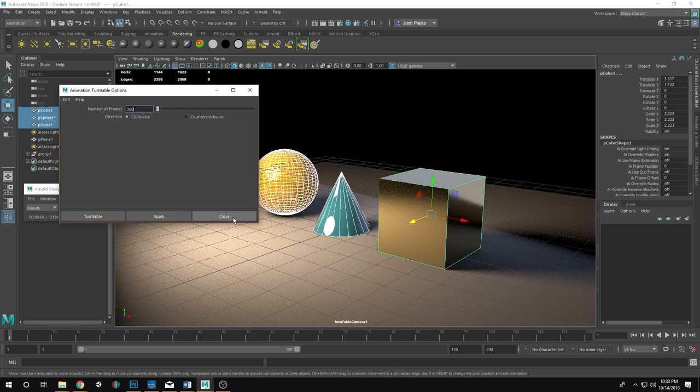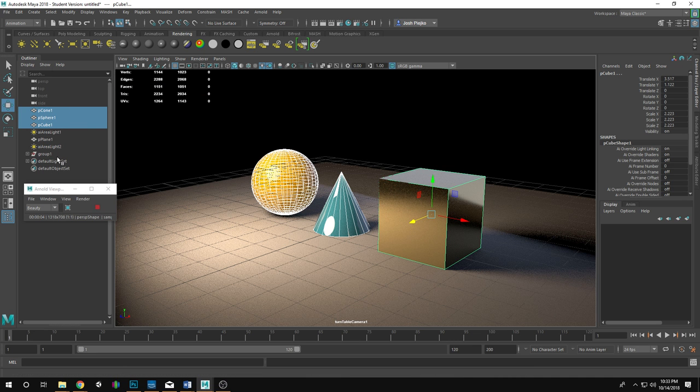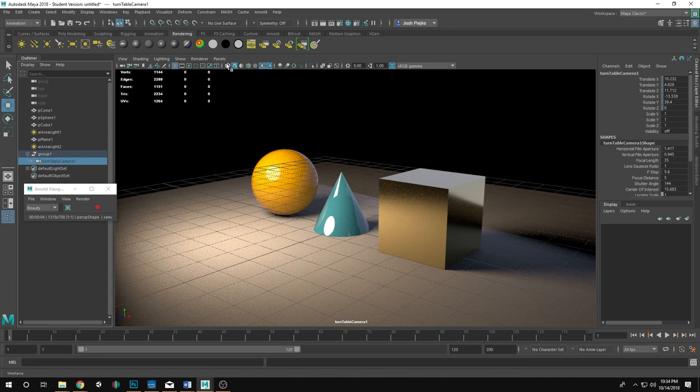So if I have these selected and I go to my turntable, hit apply, you'll notice all of a sudden I have in my outliner this group that has a turntable camera. So I'm actually going to go to Panels, Perspective, Turntable Camera. It's actually built off of the camera that you're currently looking at the objects from. And if I hit play,